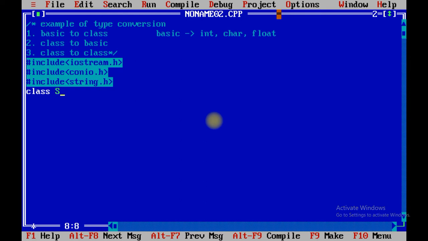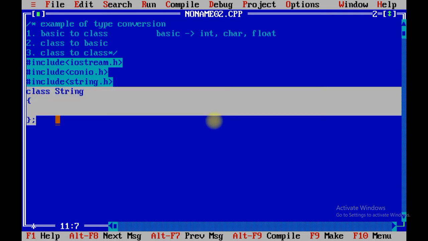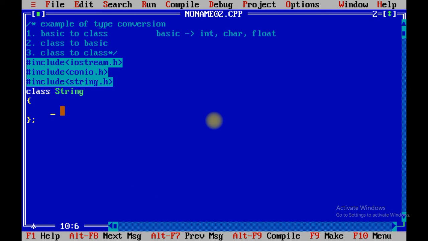For that, I am going to convert a character into a string. Over here I have taken the class type name as String, and as we know C++ is case sensitive, so I have created the class name starting with a capital S. Now we are going to create our own string data type, right?